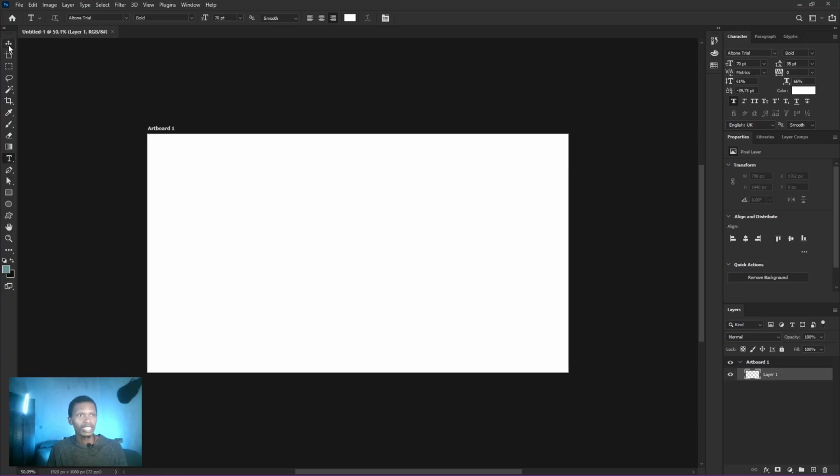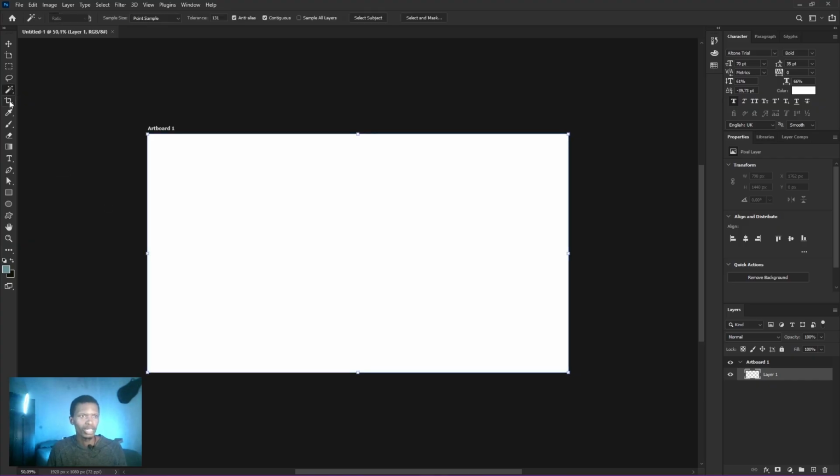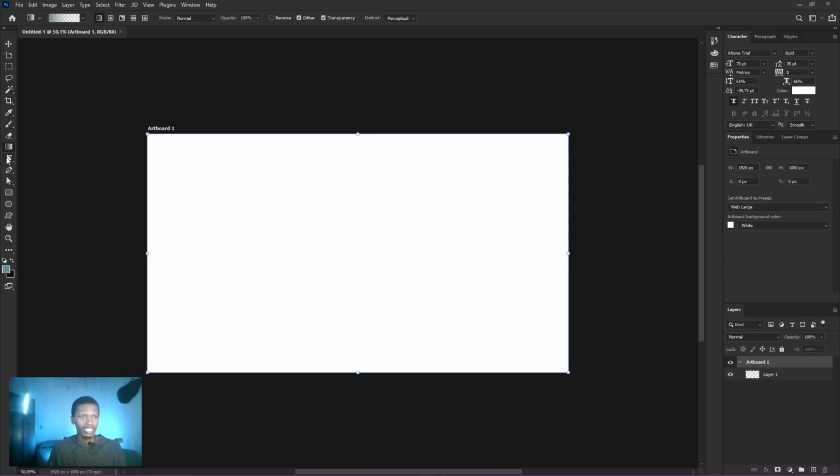So this is what it is. This is the tools section, right? And these are tools. Now, if you want to know all about these tools, how they work, what they do, and what they are,